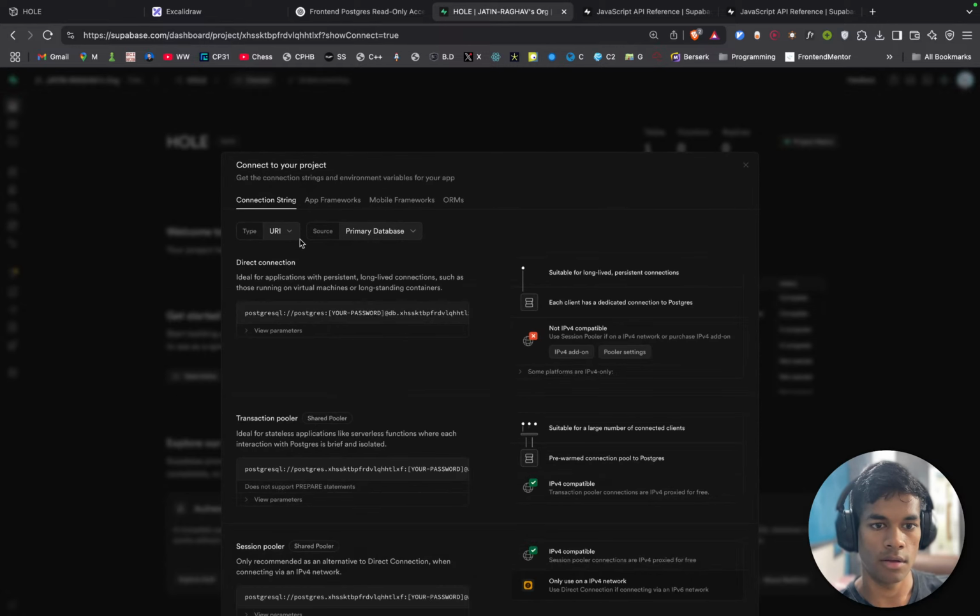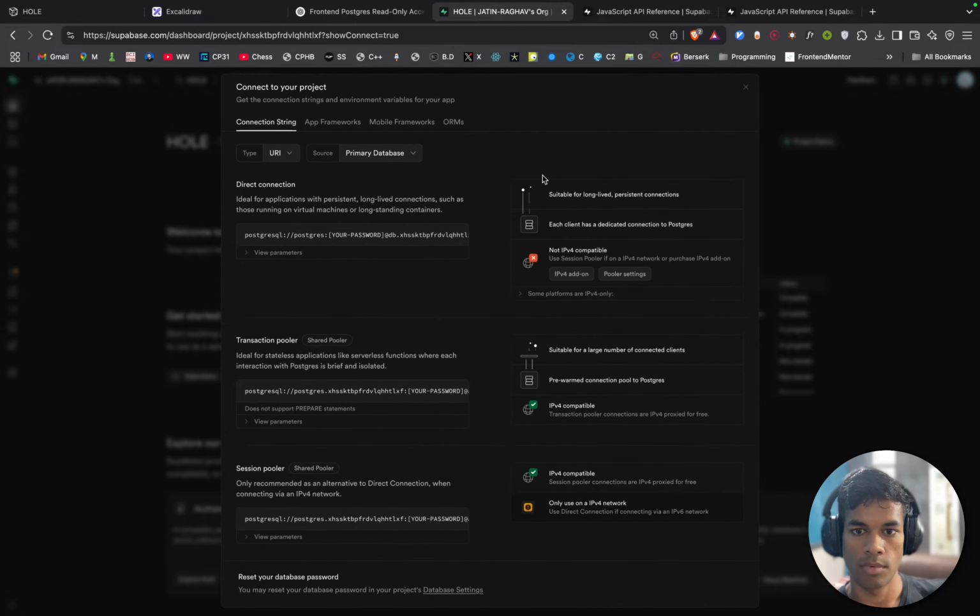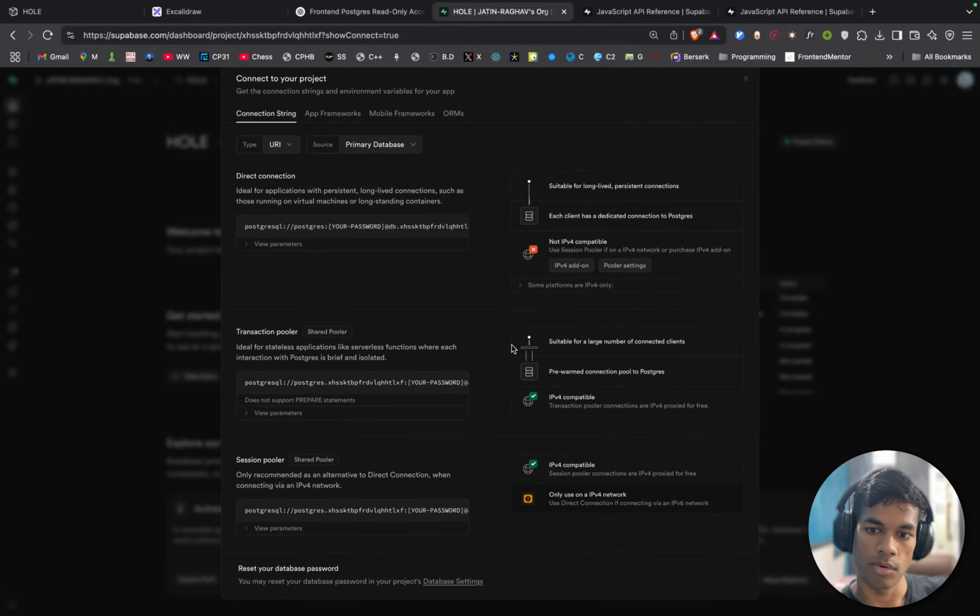Connect your primary database, creating a database suitable for long persistent connections. That is not what I want. Suitable for long connection time. That is also not what I want. Session pooler. Reset your database password.